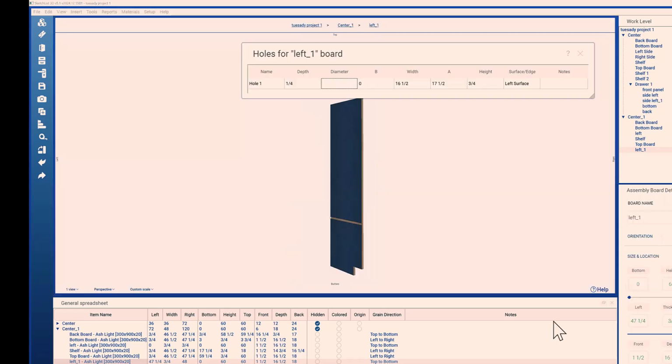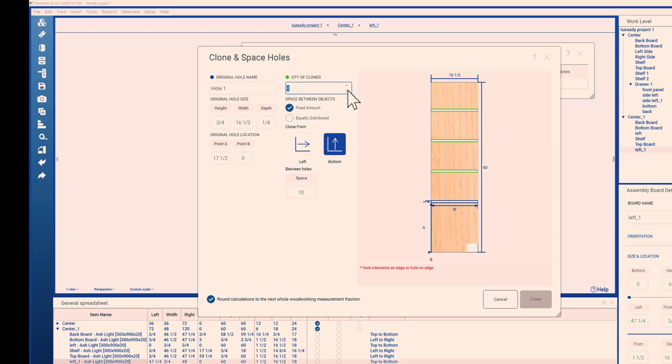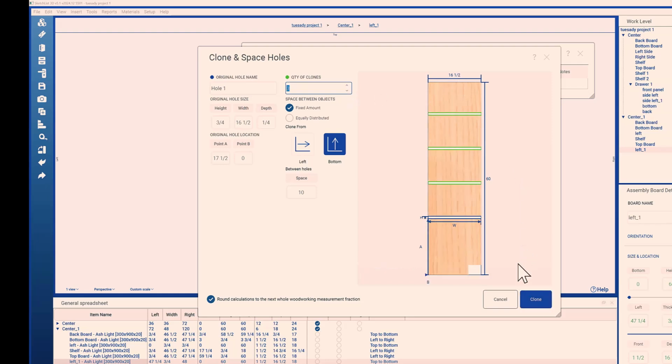Get out of there for now. And what I want to do, I don't want to edit it. I want to clone and space it. So from the bottom, say you have, I don't know, 10 inches between each board. And I want to put... okay, it's not going to let me put 4 because I'm outside the board. But if I say 10 inches, I'm putting 3 shelves in there and do the clone thing, and there they